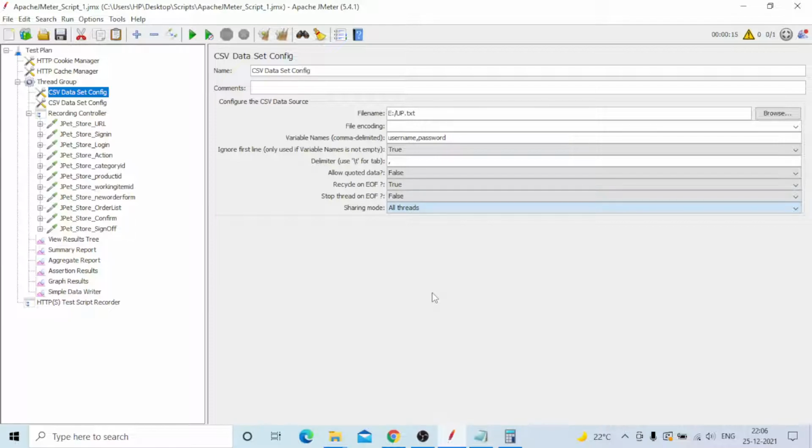LoadRunner is license based. You provide the specific parameters and you can easily select and do it. Everything is developed in the company and the license is already available, so you can directly select just the features. But nowadays, especially from a performance point of view, I have experience only in performance. Around 60 to 70% of companies are looking for open source only. And now banks also are using only open source, not licensed tools.